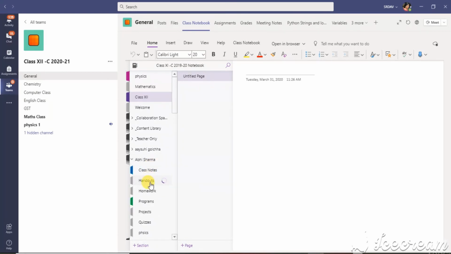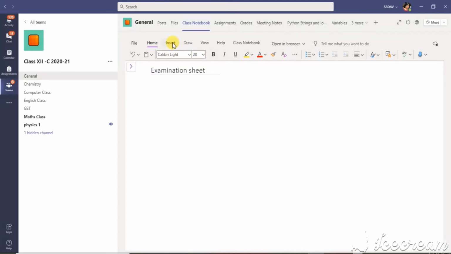I go to handouts, I can write over here, maybe I can write here examination sheet and insert the file of the child. That means insert the paper of the child whose paper you want to show.